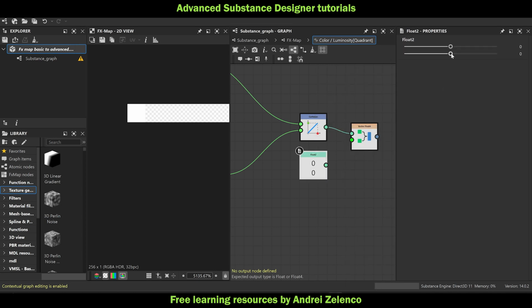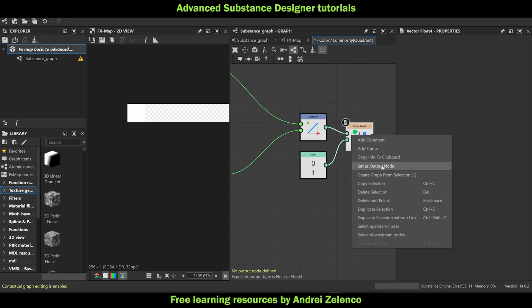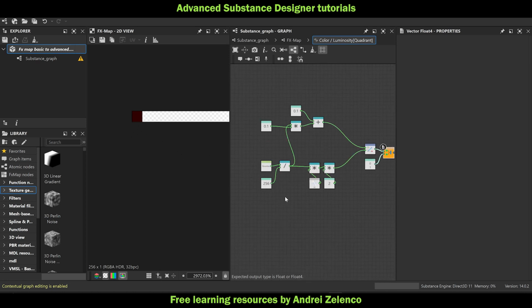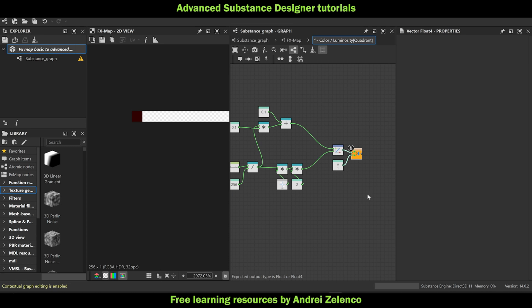So 0 for the blue channel and then 1 for the alpha. This allows me to do this, so we can see that this pixel here got colored with something, but currently I have like 256 squares sitting on top of each other, so I also need to move this thing around. So, well, I want to show you a cool trick that you can do, and I also want you to